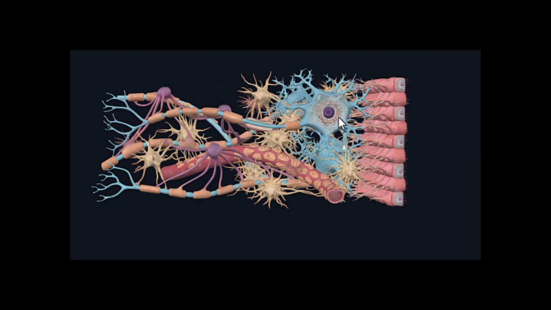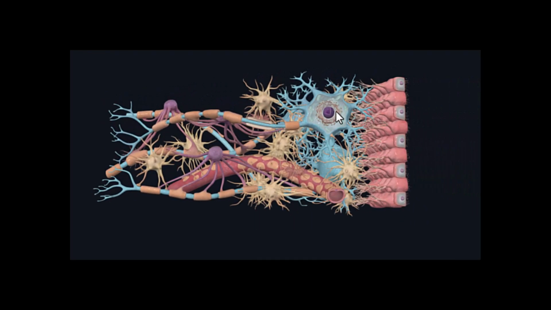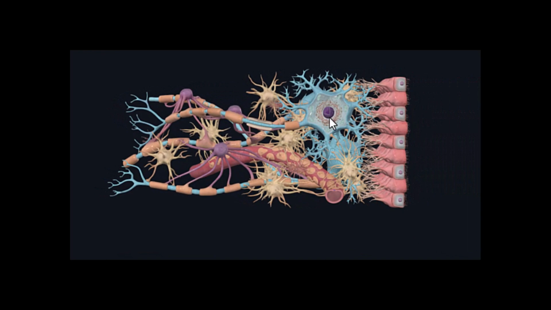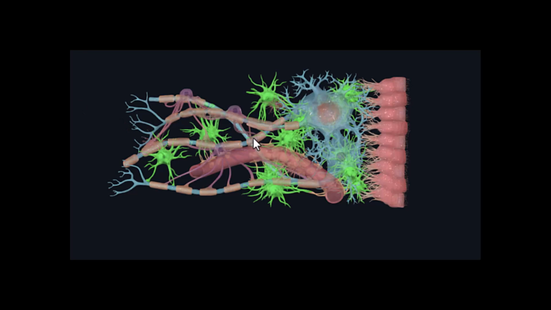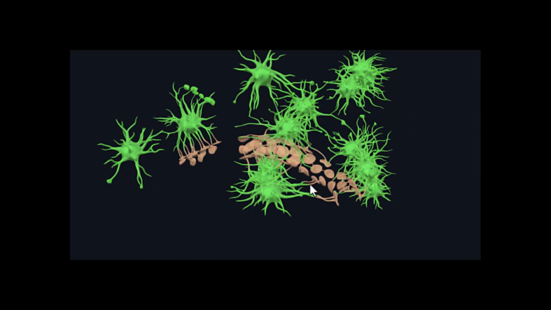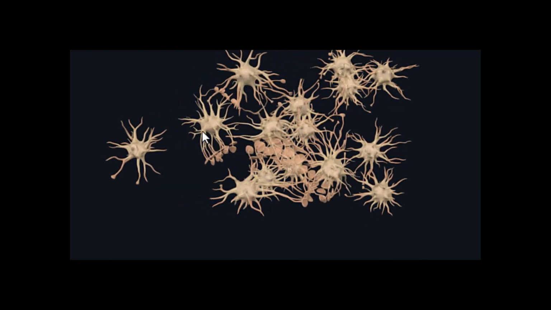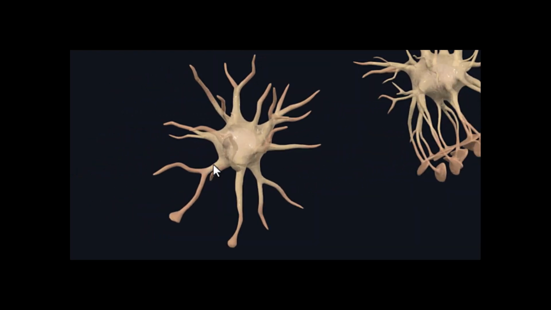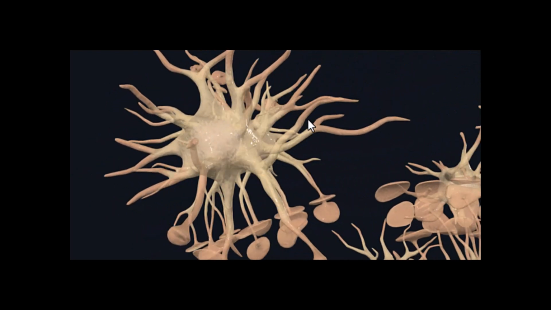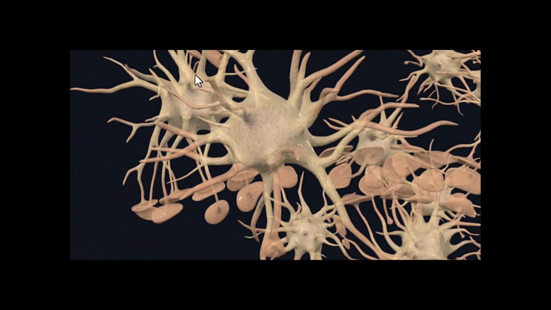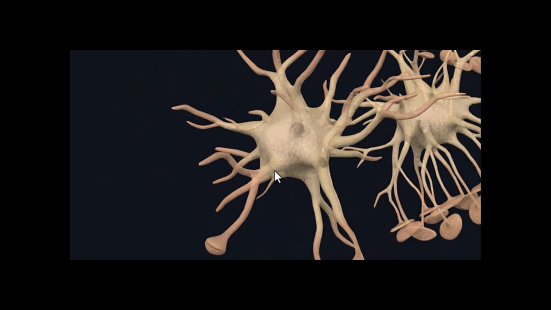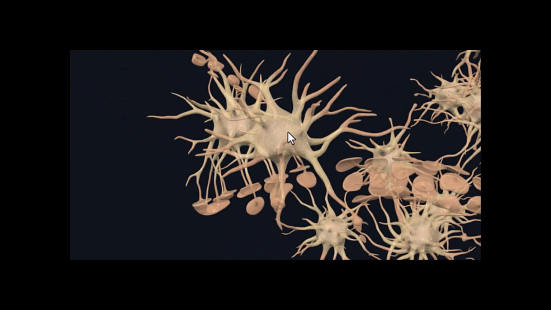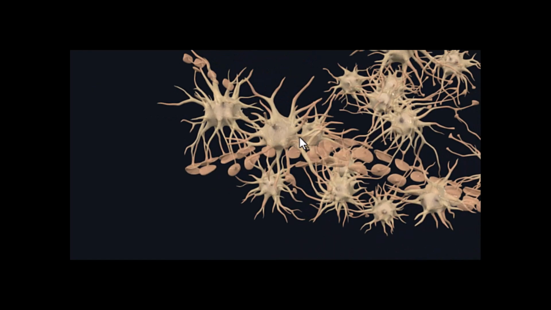Now I know that it looks like a very busy image, so let's hide different items. First, we have the astrocytes. The astrocytes are given the name because they look like little stars. Astro meaning star. Now notice if we zoom in on an astrocyte, this astrocyte has many processes. These little tree trunk looking things are processes. Astrocytes work well within the nerve tissue